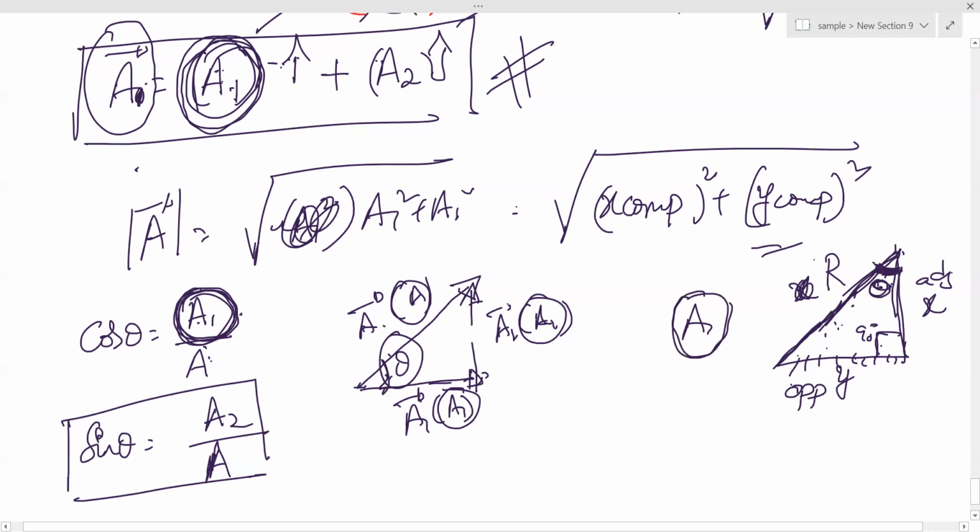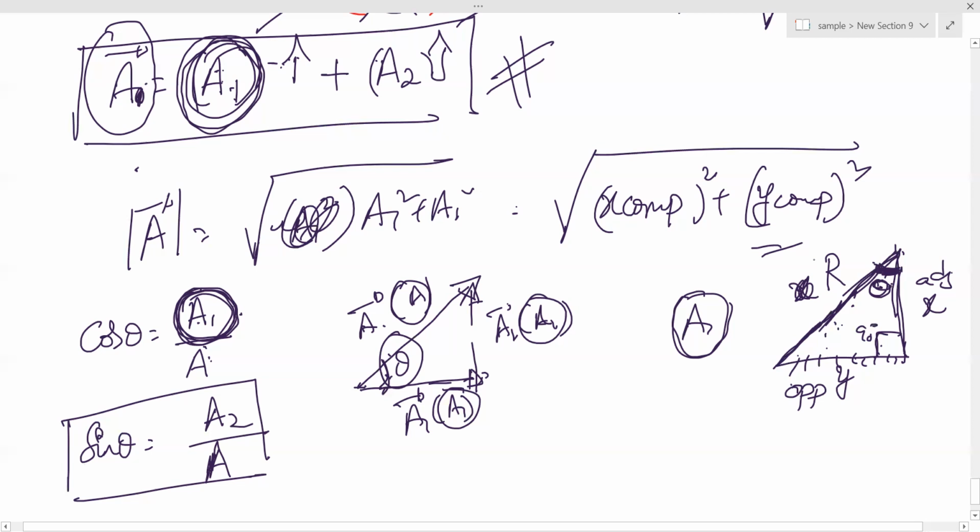Sir, okay, perpendicular is y and base is x. Then why did you tell me wrong? I got confused. The point is, every time you take theta and observe the opposite and adjacent sides by the hypotenuse. Hypotenuse will be the bigger side. So adjacent side by hypotenuse is cos theta. Opposite side by hypotenuse is sin theta.